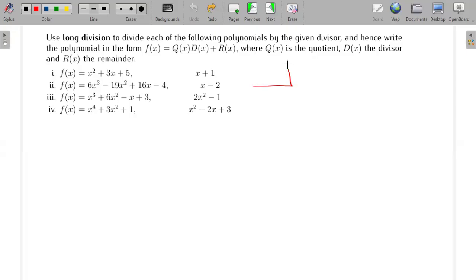So of course, you must remember this long division process that we're doing. Here you're dividing by x + 1 for the first one, and this x + 1 is being divided into